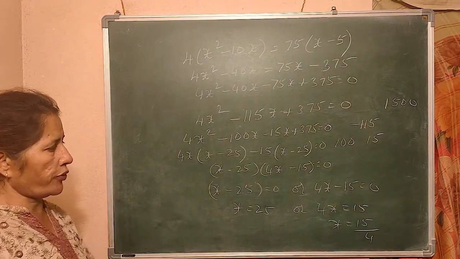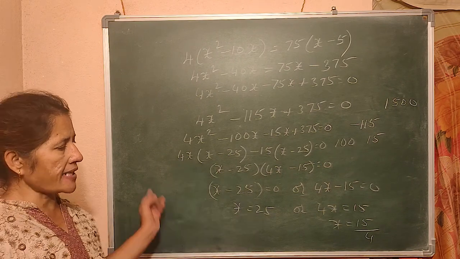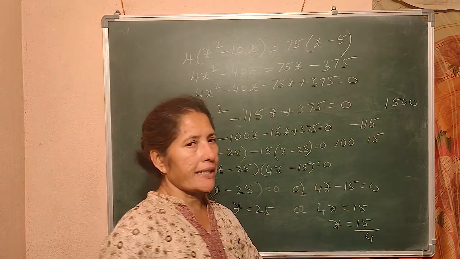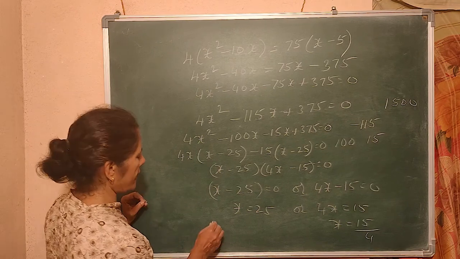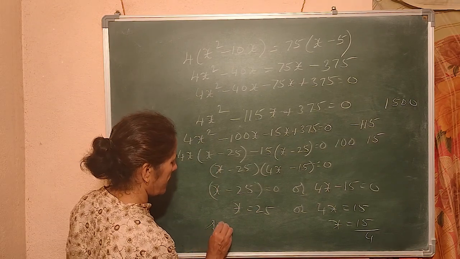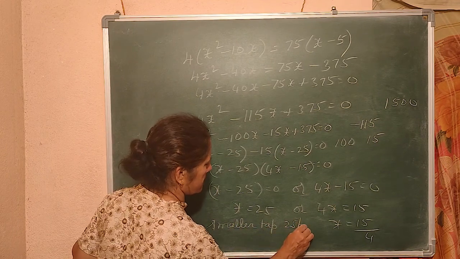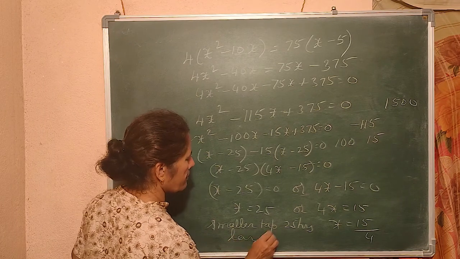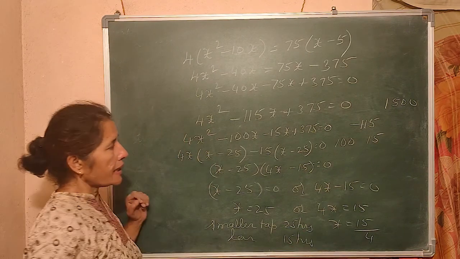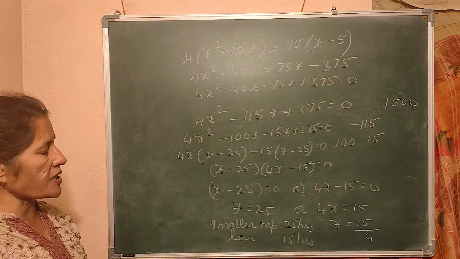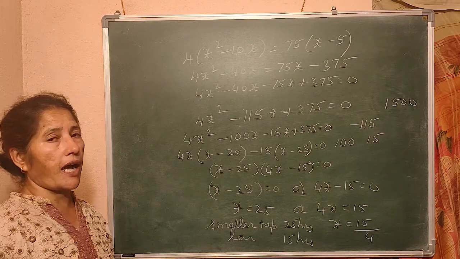Now x is equal to 25. That is the correct answer, I feel, because of the 10 hours less. With 15 by 4, there is no meaning, so x is equal to 25. So the smaller tap is 25 hours, and the larger tap is 25 minus 10, 15 hours. So the larger tap takes 15 hours to fill the tank and the smaller tap takes 25 hours to fill the tank.